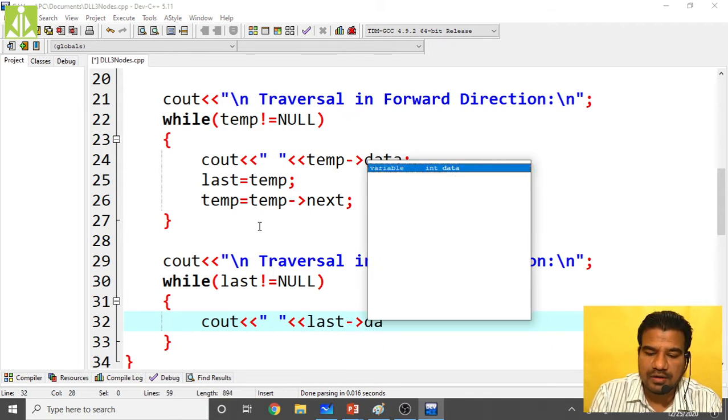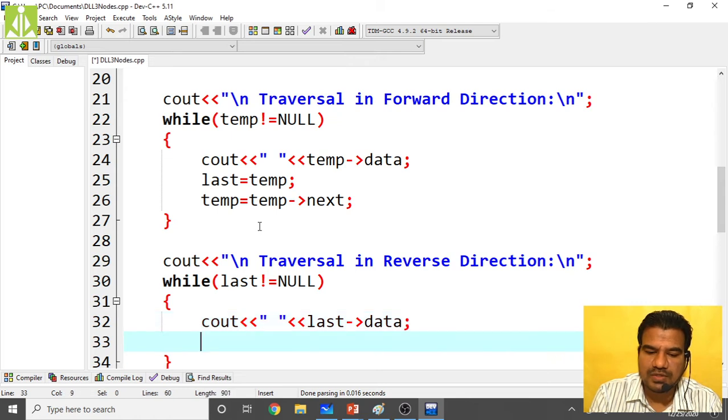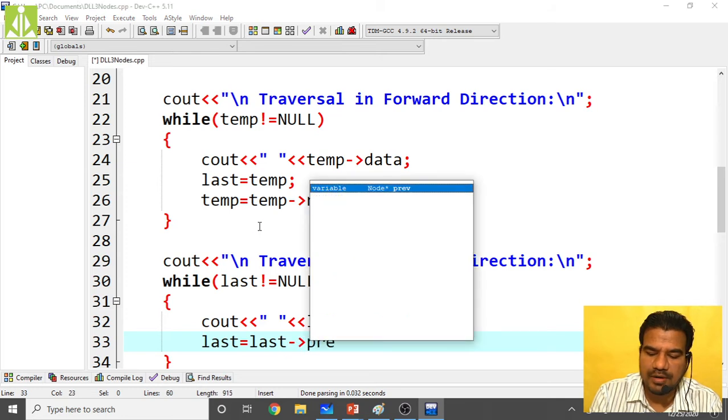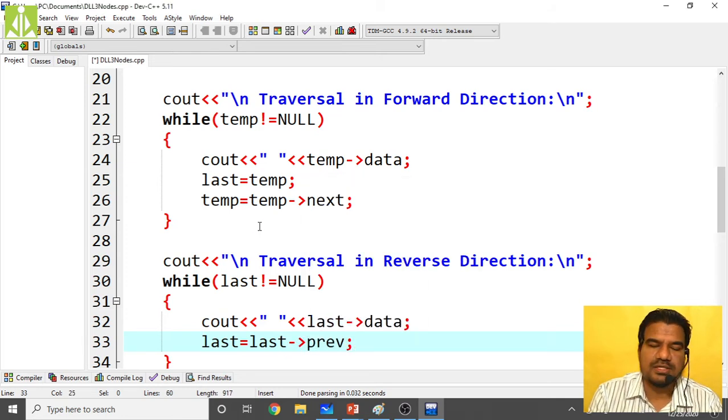Close this, and then last equals to last of previous, semicolon at the end. Only this much code you have to write to perform the reverse direction traversal and make the last pointer point to the last node. That is very, very important. You have to understand that and follow the steps accordingly.